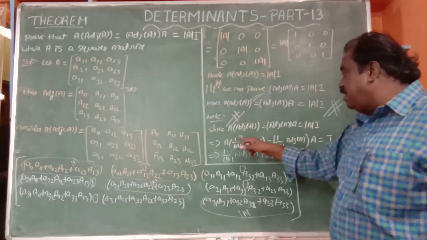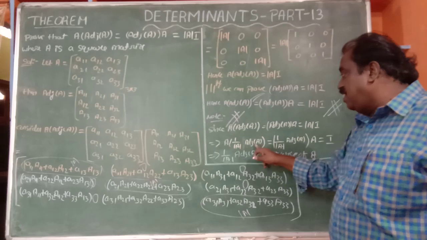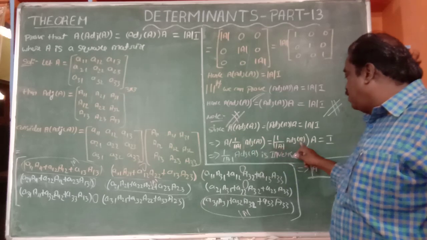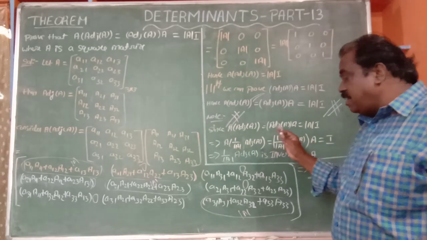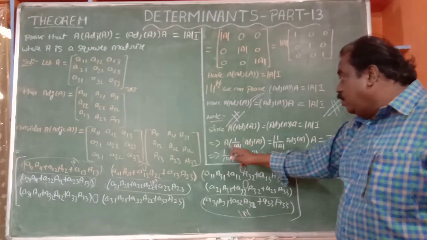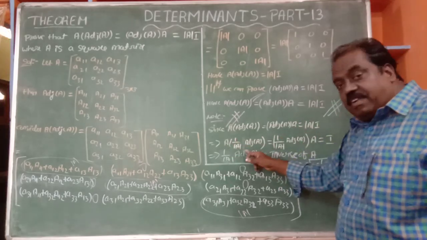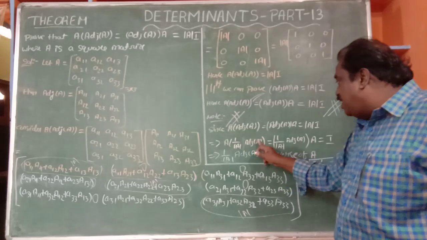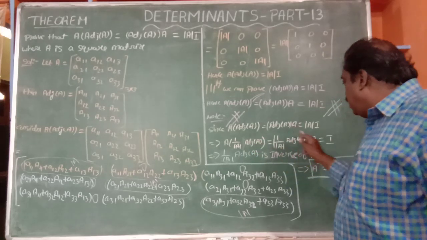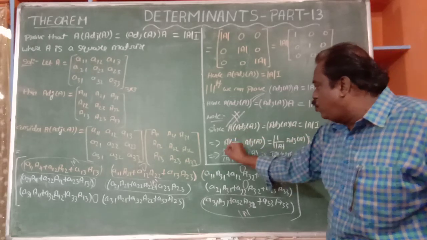That number will go to that side. It is multiplying here, it is dividing there. 1 by det A into adjoint A. 1 by det A into adjoint A into A. I am writing in some order. A into 1 by det A into adjoint A, that det A divided here. 1 by det A into adjoint A into A. You see,